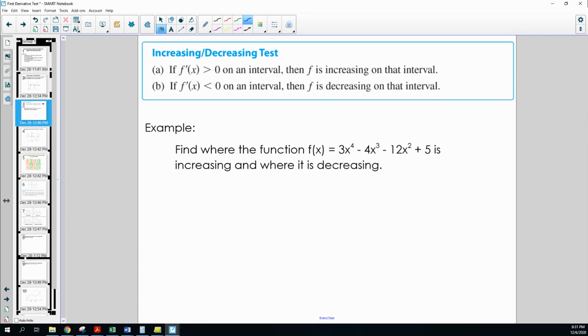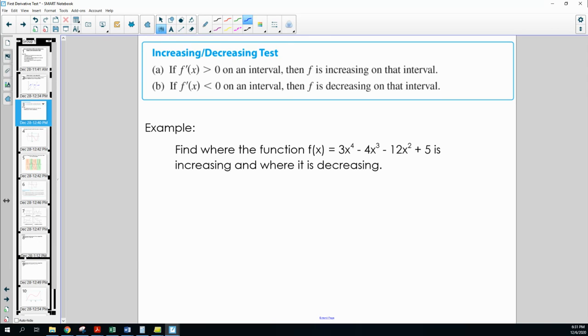There's a thing called the increasing/decreasing test. Basically, if the derivative is greater than 0, meaning the slope is positive, then f, the original function, is increasing on that interval. If the derivative is less than 0, meaning the derivative is negative, then the original function f is decreasing